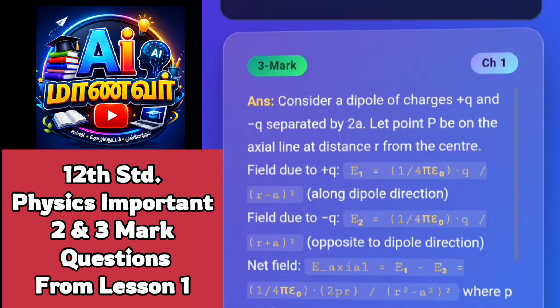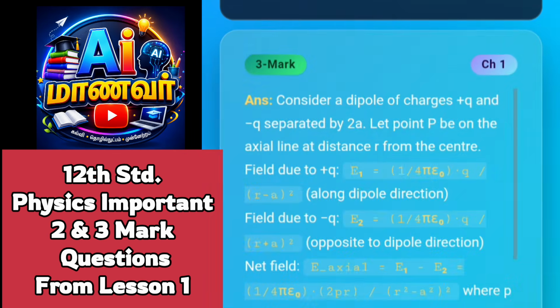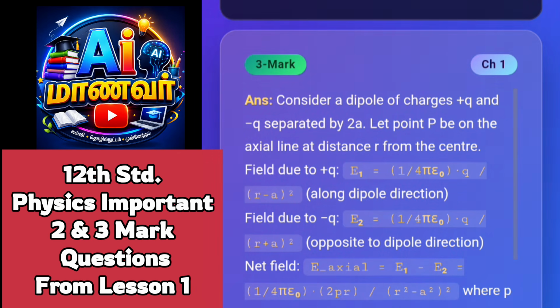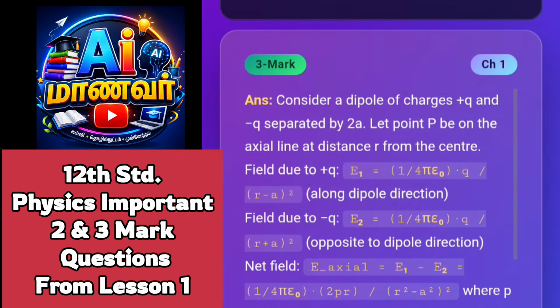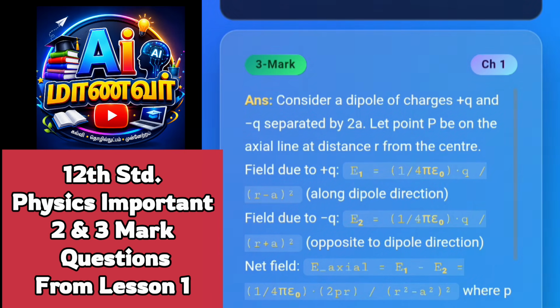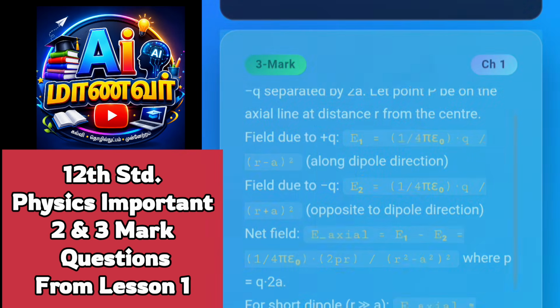Derive the expression for the electric field intensity at a point on the axial line of an electric dipole. Consider a dipole of charges plus q and minus q separated by 2a. Let point B be on the axial line at a distance r from the center. Field due to plus q: E1 is equal to 1 by 4 pi epsilon naught dot q by (r minus a) whole square, along the dipole direction. Field due to minus q: E2 is equal to 1 by 4 pi epsilon naught dot q by (r plus a) whole square,